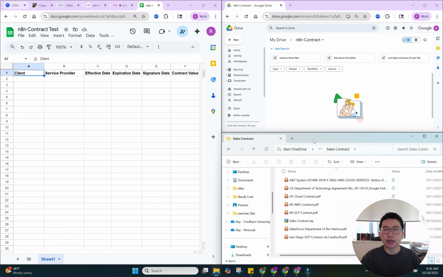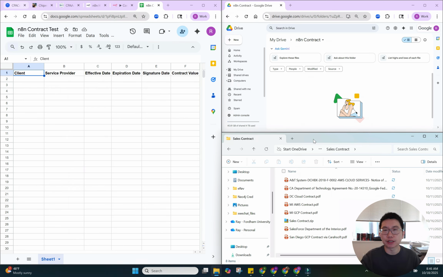If you want to extract certain fields from the sales contract, of course you can read the contract and build a spreadsheet like what we are seeing on the left side of our screen. But that takes time. And AI is the perfect solution for reading the contract and helping us extract valuable information